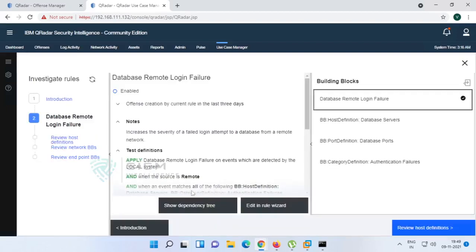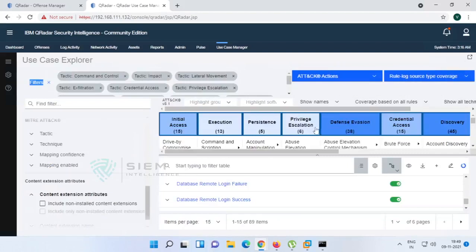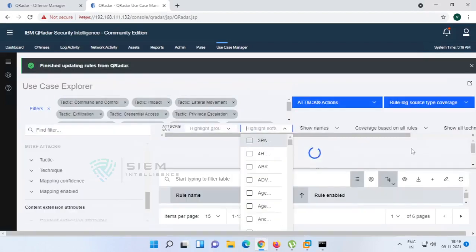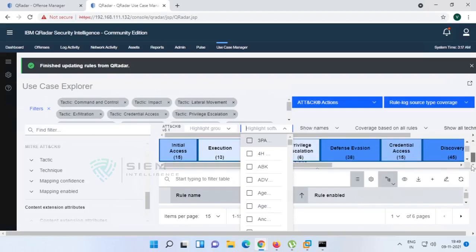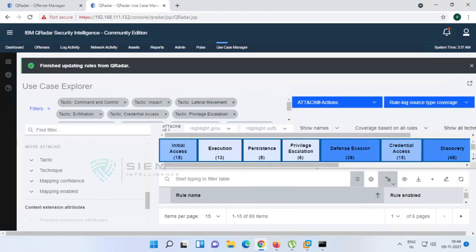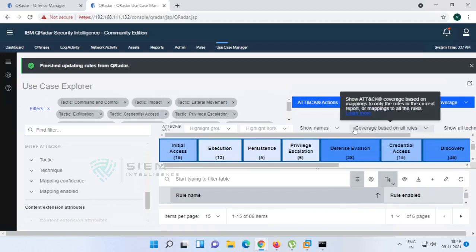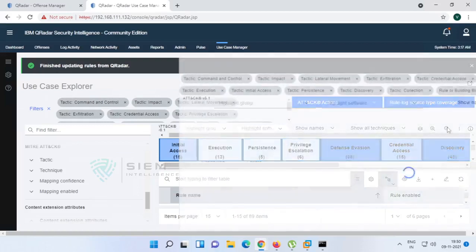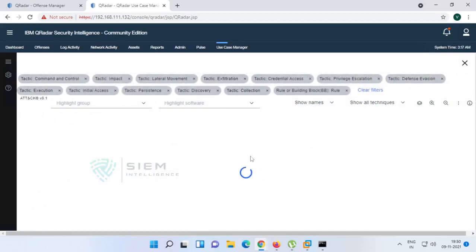Database remote login failures has so many conditions. See over here, it's a combination of command and control, impact, lateral movement, and all. Everywhere it is showing some of the things to identify. In this, there are a total of 6 privilege escalation standards. It's going away. What will I do? I'll make it big.